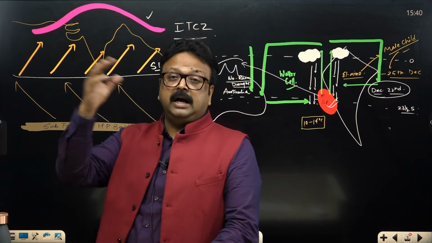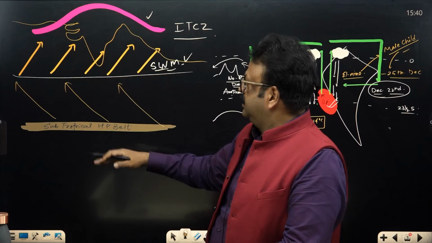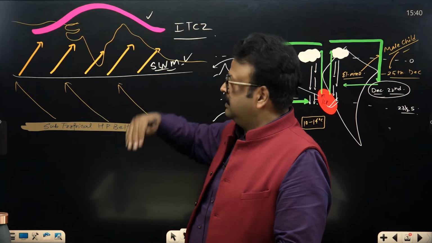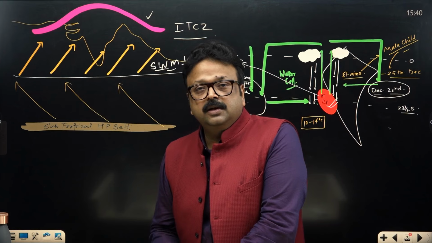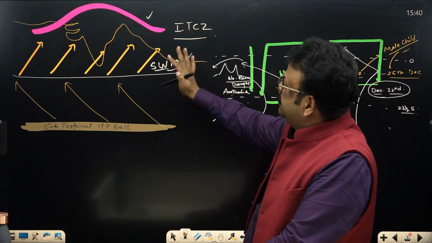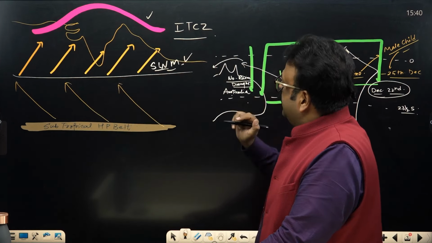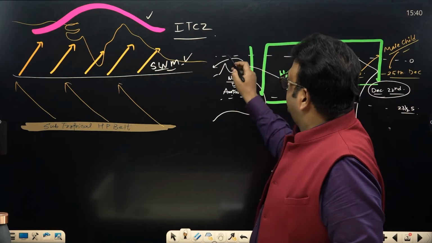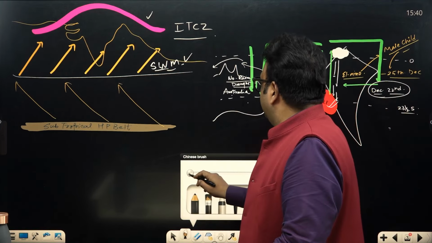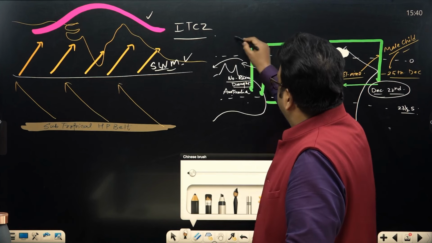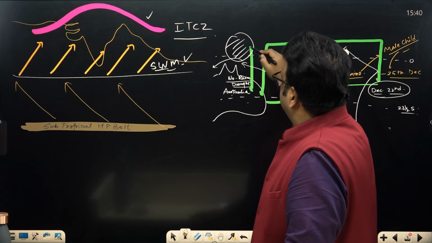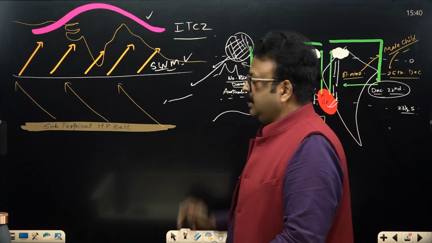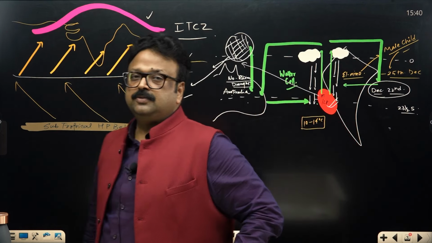And when the ITCZ again comes to the southern hemisphere because of the transition of sun rays, then the wind system gets reversed. This is the mechanism which is developed in India. What happened? In December there was El Nino, but by the end of June this water gets accumulated over here. This is the zone which is going to have high temperature water, and this water starts percolating into the Indian Ocean region where the